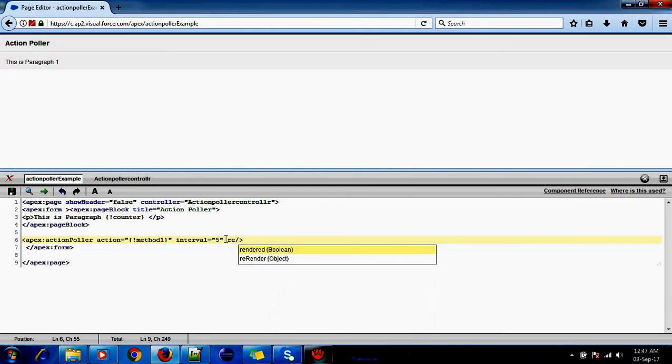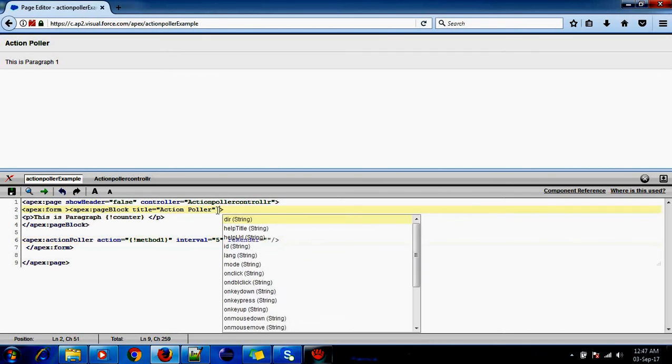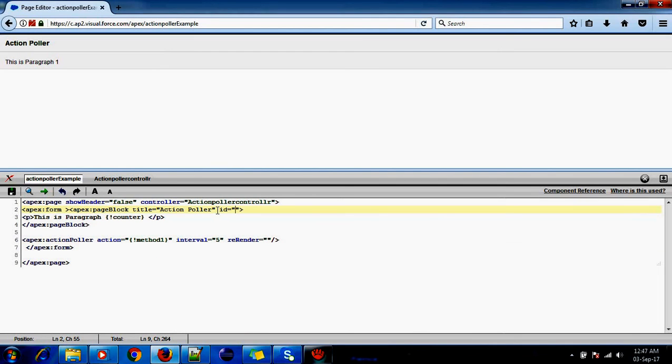So I'll use re-render. I'll give the ID in this page block, and the ID can be anything, test. Let me save it, and let's see if it's working or not.